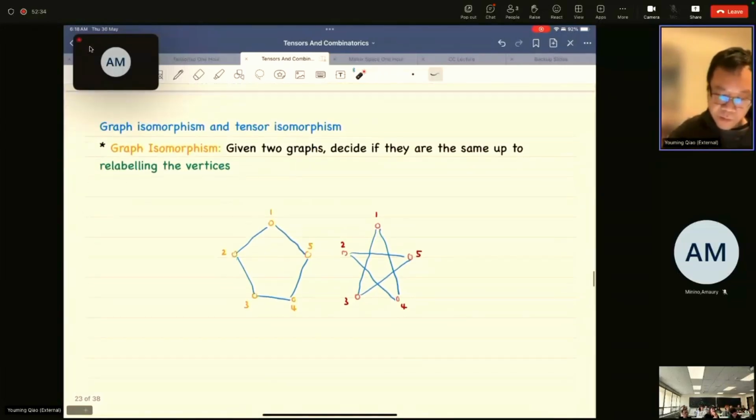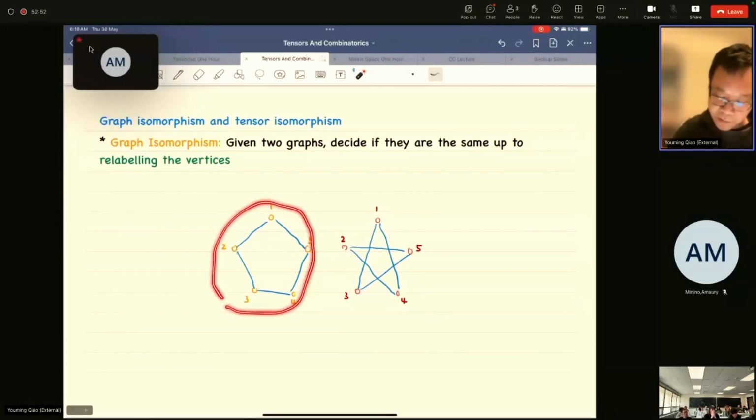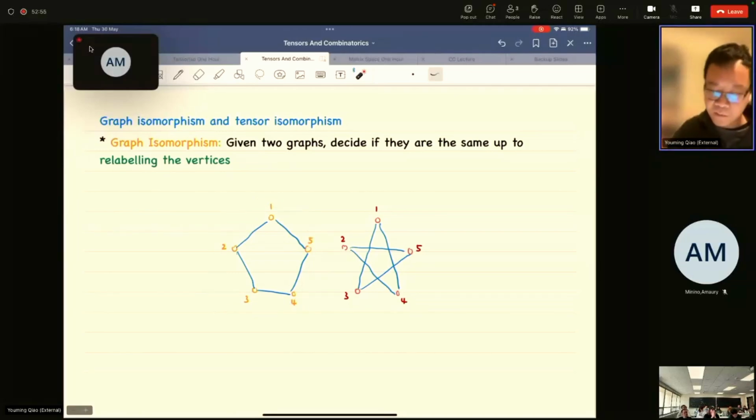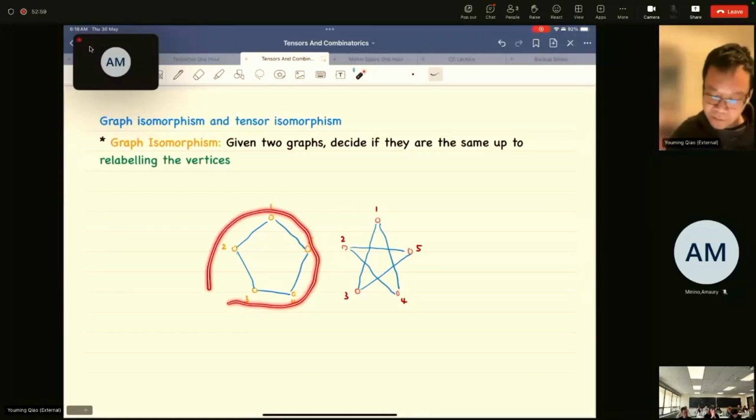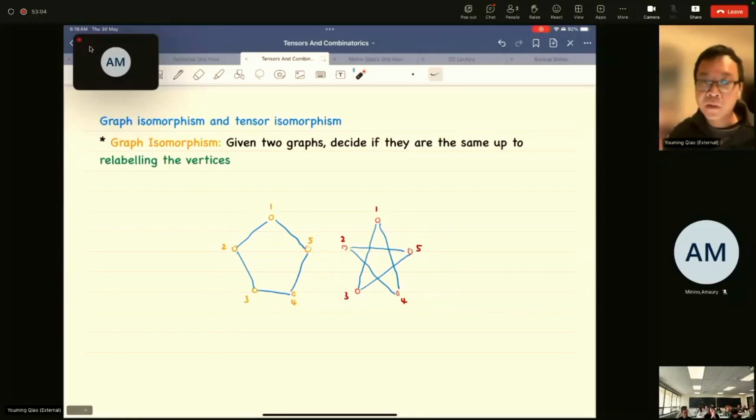Okay, so graph iso and tensor iso. For graph iso, basically you are given two graphs. You want to know whether they are the same up to relabeling the vertices. For example, these are two graphs. They look somewhat different, because this is a cycle and this is a star. So they look different. But if you relabel the vertices